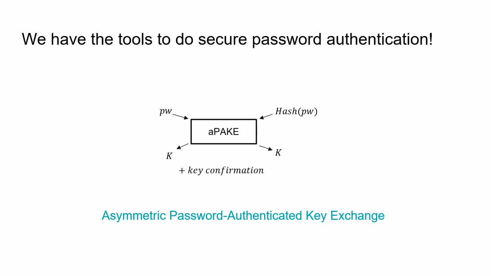So this protocol between the 2 parties takes these inputs, and as outputs, both parties compute a key. And we have the guarantee that if the password data that was input matches, then these keys are going to match. So this is an if and only if. Because we are mainly interested in verification of the password, we have to do a bit more work here. For example, we can append a round of key confirmation to this PAKE protocol to let the parties learn whether the keys that they computed are actually the same.